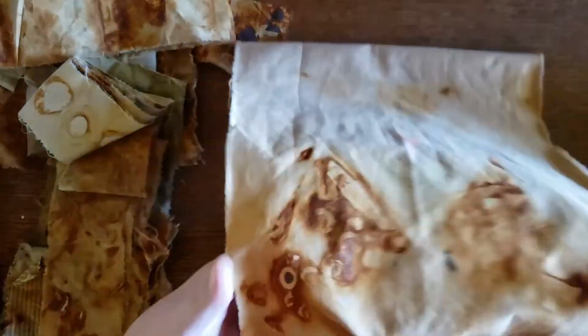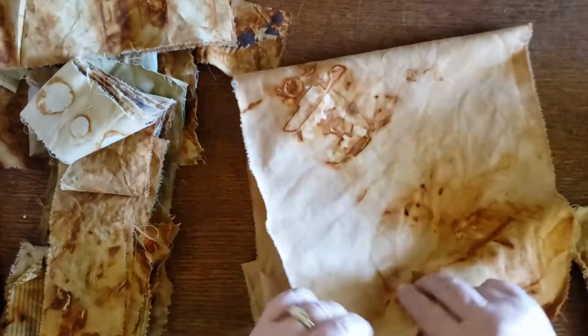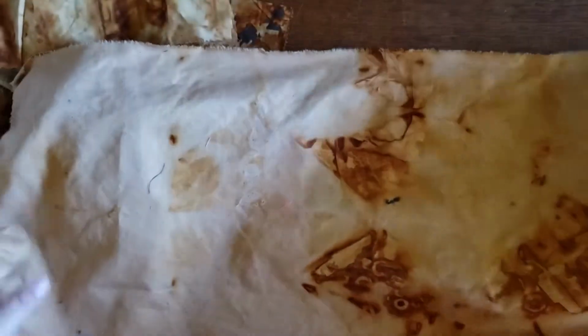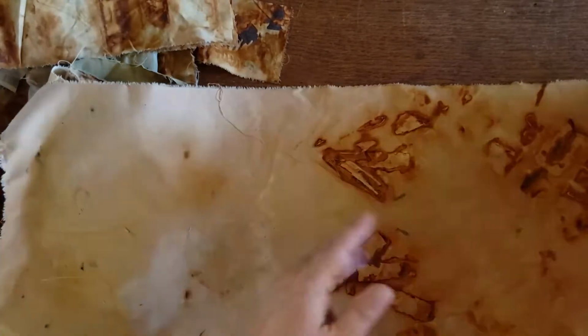This almost looks like a butterfly to me. This was awesome. This was a piece of tan material, tan sheeting. And I think it might have actually had a little bit of polyester in it, and it took some nice prints. So I'm probably going to eco dye that as well to see if I can get one more set of colors and